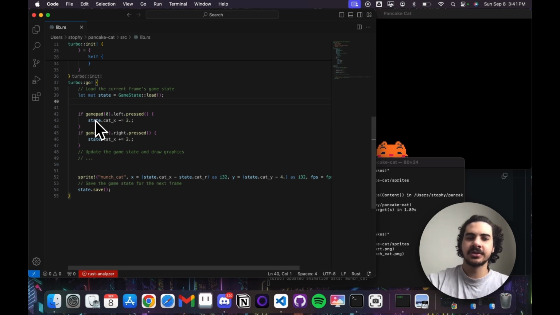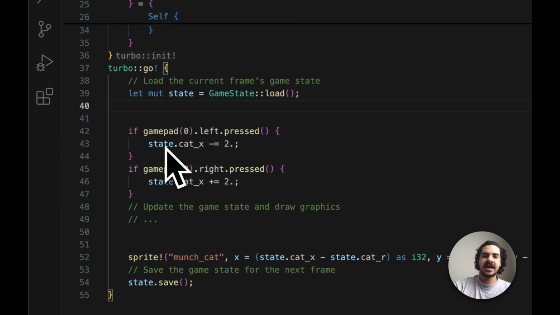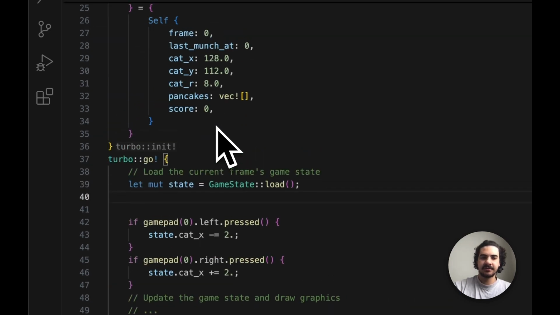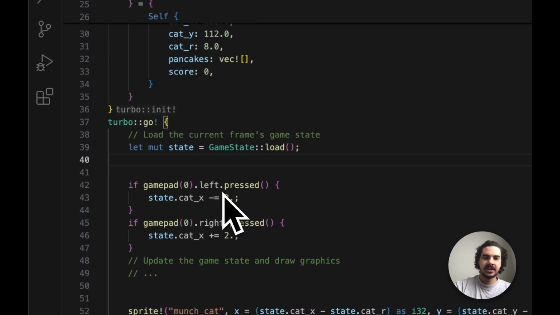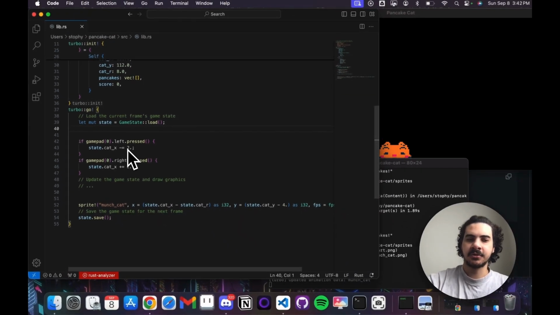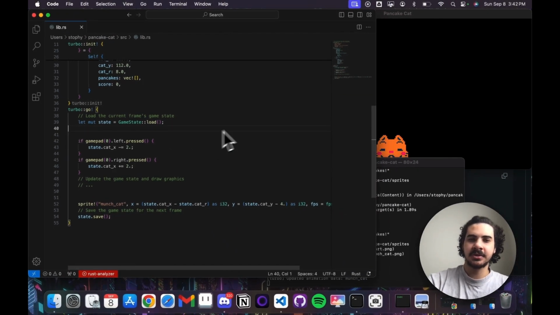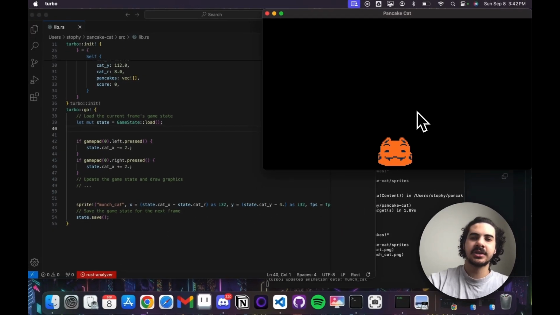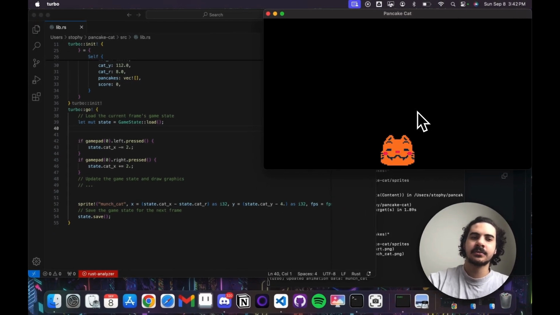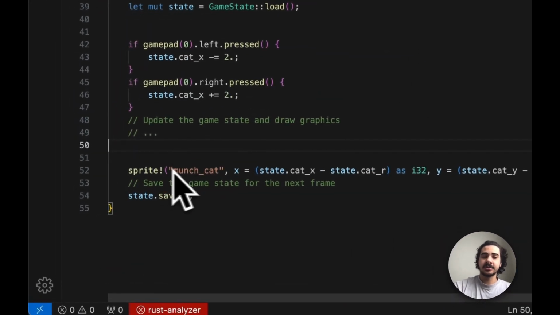So what we're saying for code right here is that the state is mutable, so we are changing the value of the cat X, and we are minusing 2 from it or adding 2 to it, depending on which key we press. And the cat's X value is where he's sitting in this canvas, and since we add or subtract 2 from it, it moves. And the reason why it moves is because of this sprite